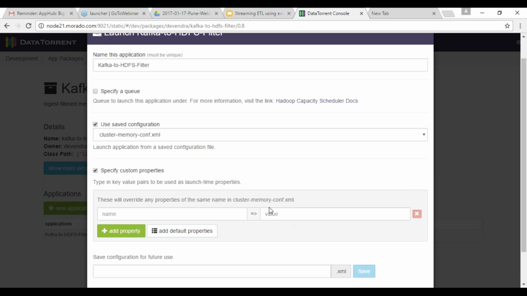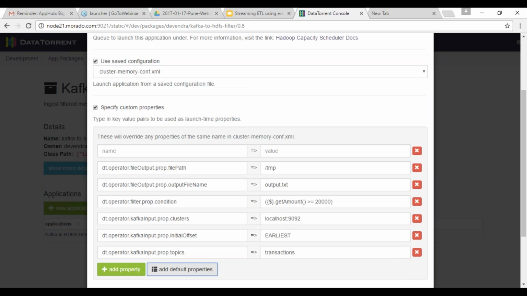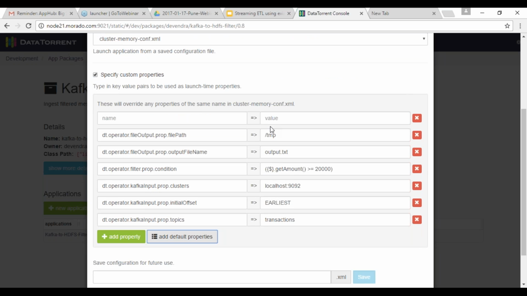When you click on specify custom properties, these are the properties we can change at runtime. Let's say your input is Kafka input. The clusters property is nothing but the broker list. Right now I have the broker on node 0. This broker is pre-configured with 3 partitions. I have created 3 partitions with a topic called transactions. You can specify the topic name here. And